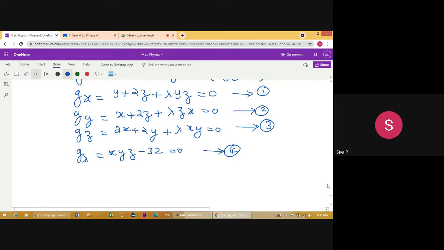Any idea? Four equations are there. Any idea? So leave the left-hand side, it is not the problem. You leave it because here all of them are equal to 0. Now you consider only this. So you have to solve these equations.